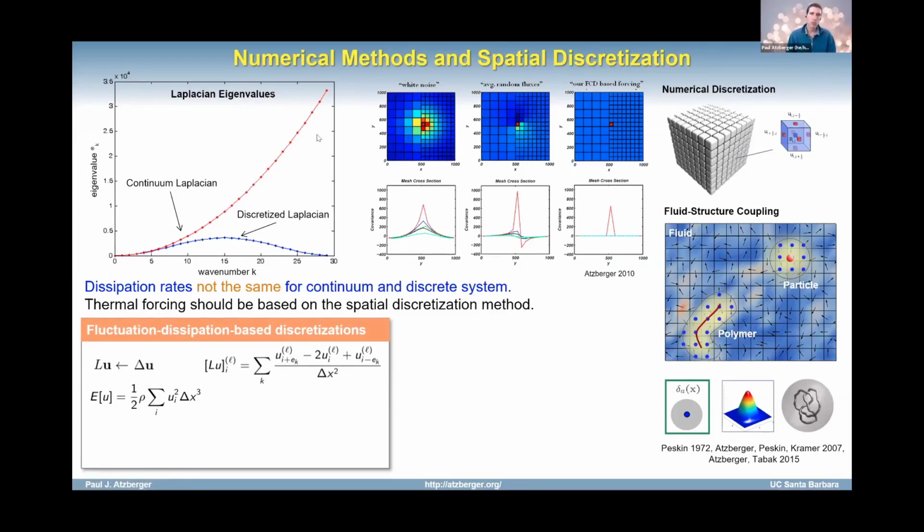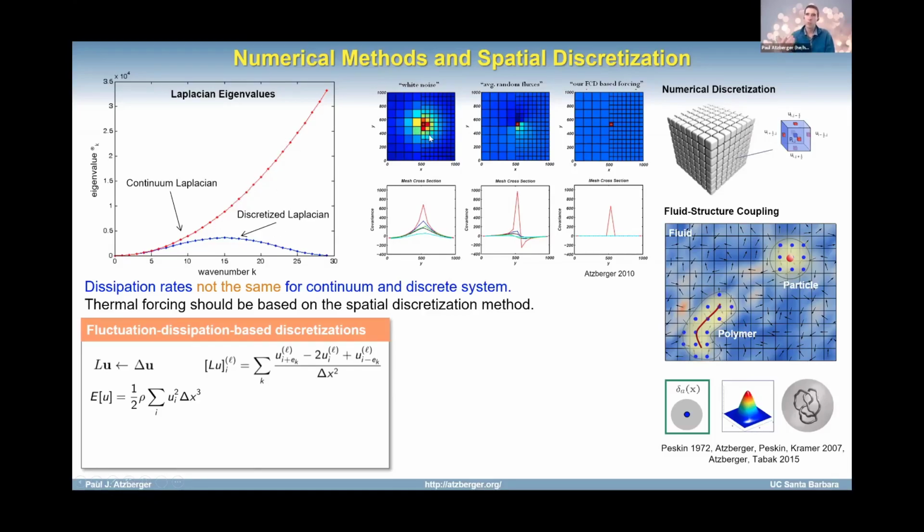So, in other words, the true Laplacian, in some sense, has a much stronger rate of dissipation than your empirical Laplacian. And so, if you were to force just using the continuum formulation, you'd way overforce your high frequency modes, and you'd get junk in the simulation. So it's really important you balance those, but again, you can leverage that fluctuation dissipation relation that I mentioned. And if you do that, not only can you control for artifacts like this, but also